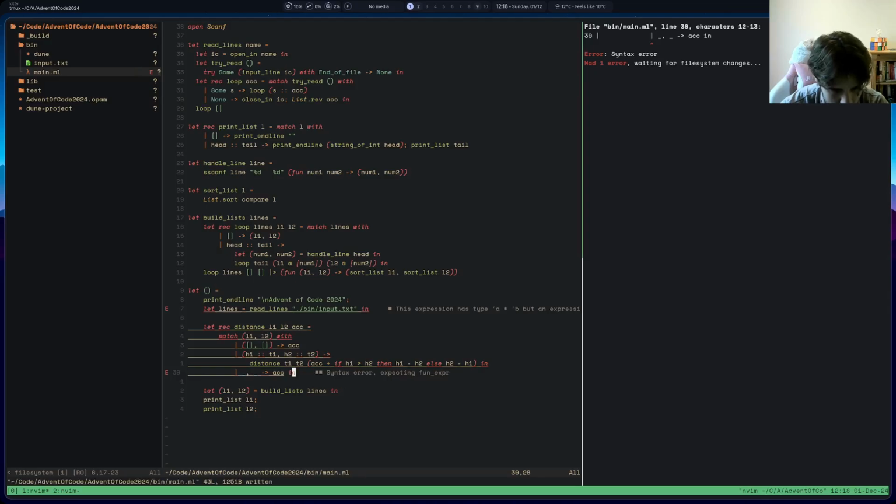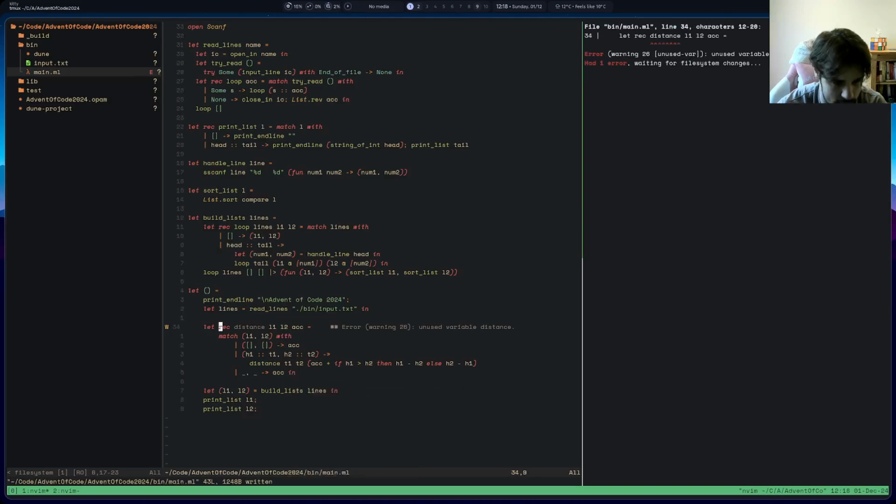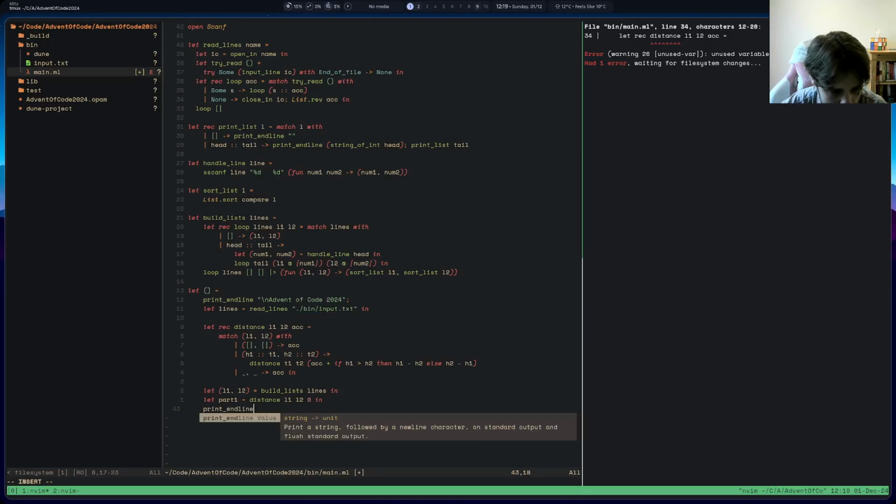In, no, not you. You don't go there. In, that's it. So this is an int list, returns int and int. Wait, returns. Oh, that takes in an int, returns an int. I think now what we can do is just say let part1 equals distance of L1, L2, 0 in print_endline part1